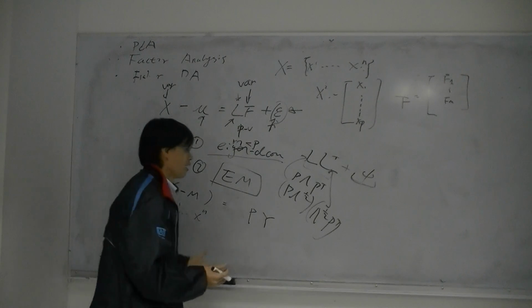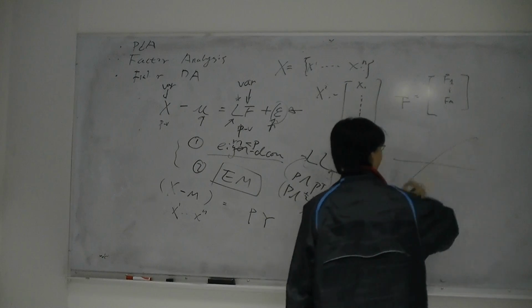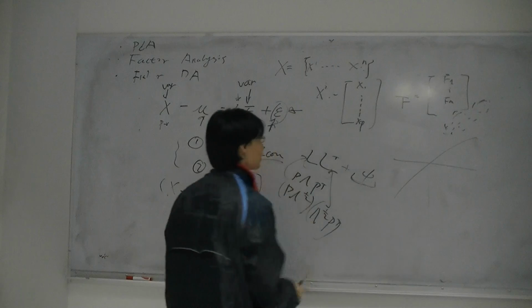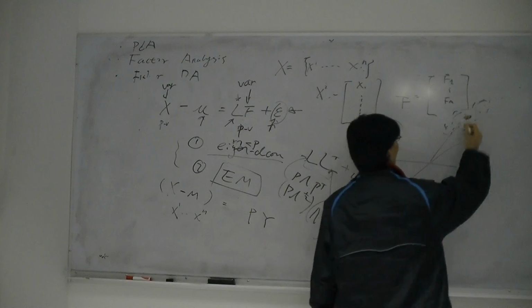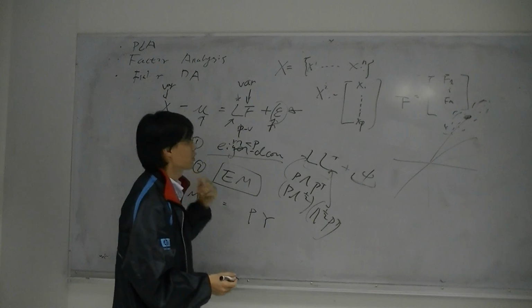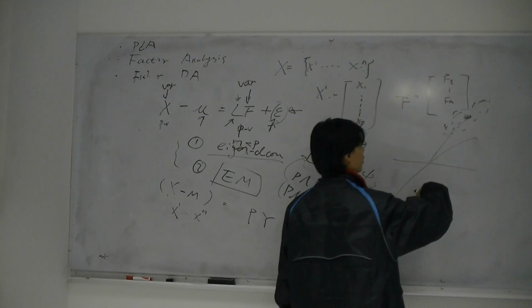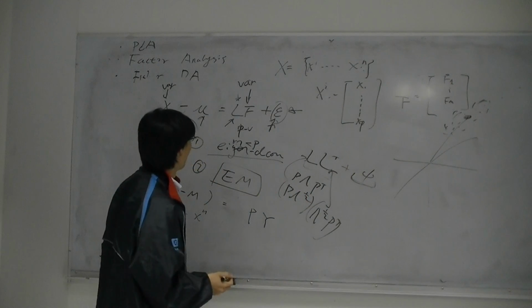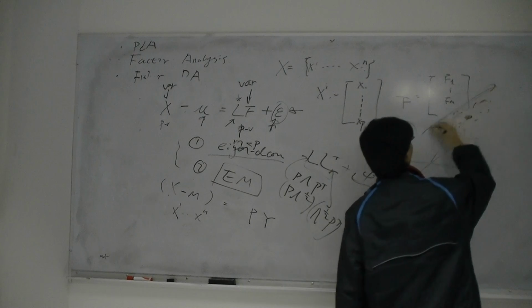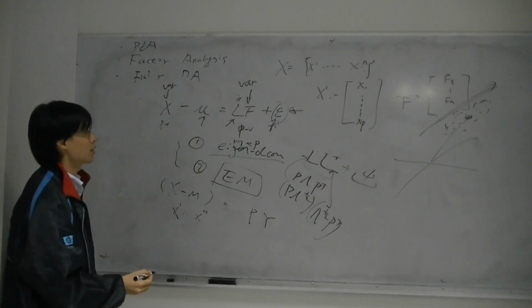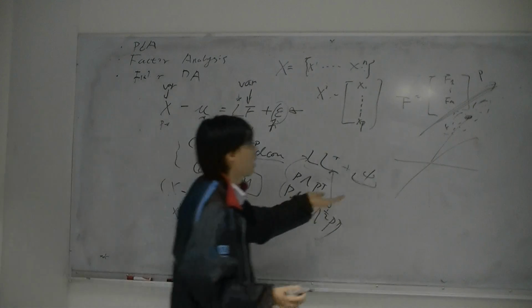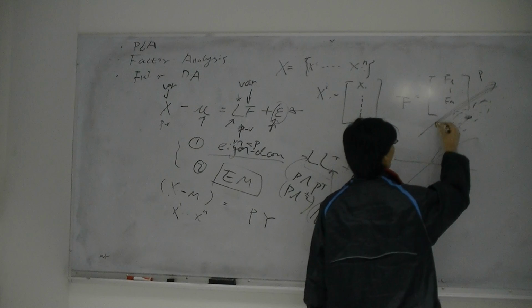So let's start with the graphical model. Okay, we will start with the graph first. So what I'm saying is that let's say you have something here, the data, right? What this formalism is just saying is that if you shift the mean there, you want to find the f there, a lower, smaller dimension. Let's say the dimension is just 1D, reduced from 3D. So after this transform, you get back this data. So L can be something like, let's say, I'll pick L just along this axis here. What I mean is that basically I have this vector, maybe I call it P here, and then I will have basically each of these points now will be something like